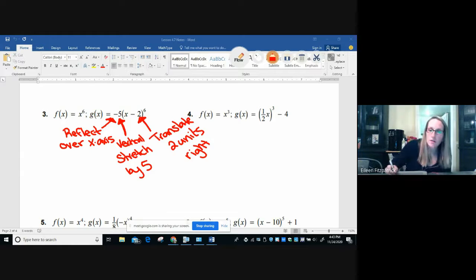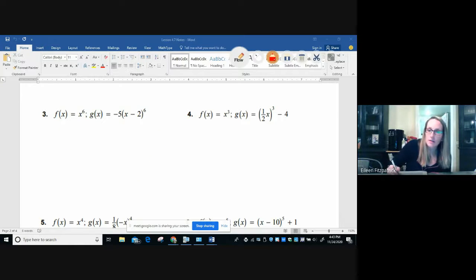Okay. All right. And then we have f of x equals x to the third, g of x equals 1/2 x raised to the third minus 4. All right, so we have to talk about that 1/2. What's that factor doing? And the minus 4. What's that factor doing? Okay, so the 1/2 in the parentheses with the x. So think about this for a second. Is it a vertical or horizontal stretch or shrink? And by what factor? This is a horizontal